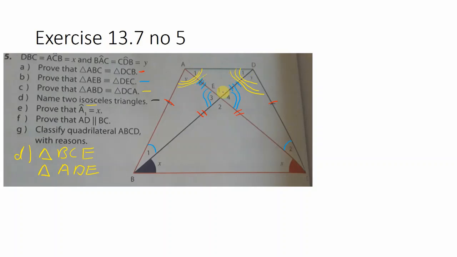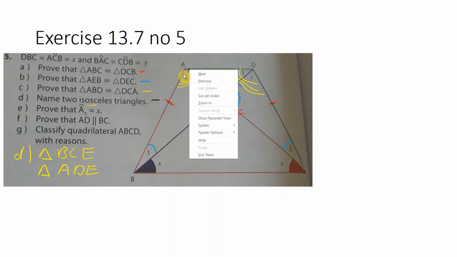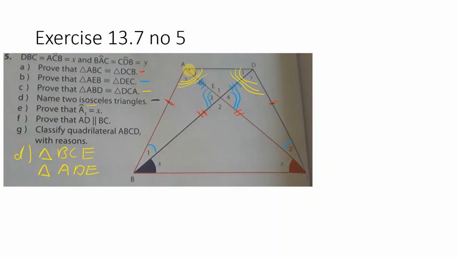So opposite to side DE, we have this angle A. I'm just going to use a little black dot to indicate that, and so here we also have a black dot,